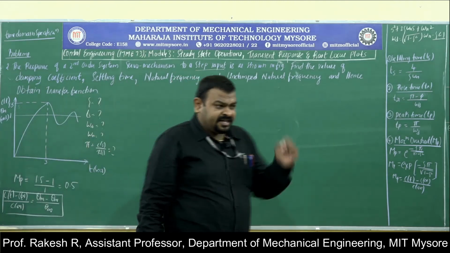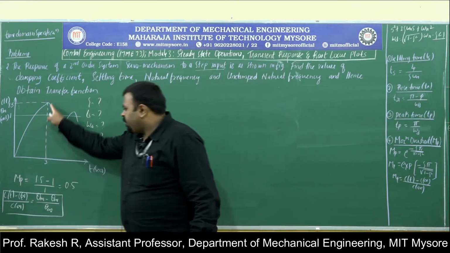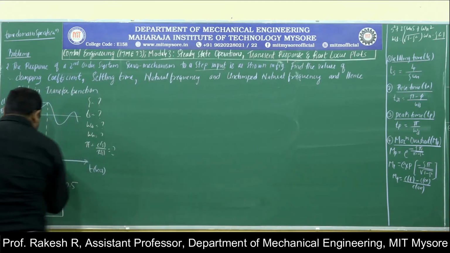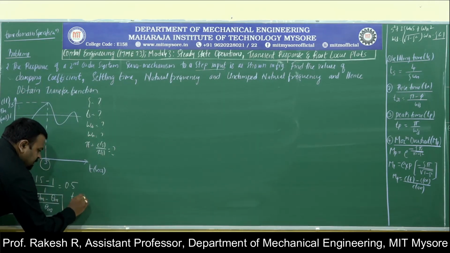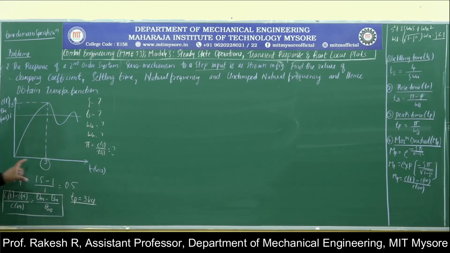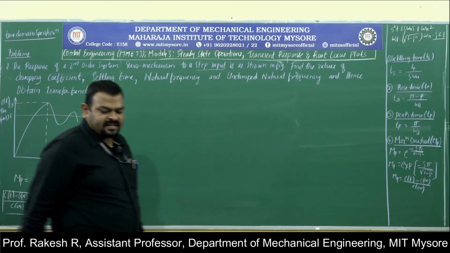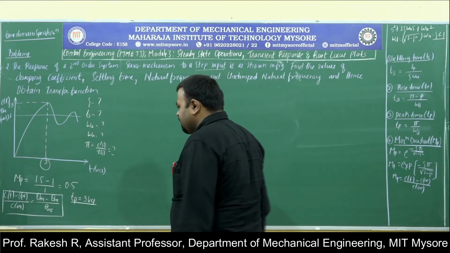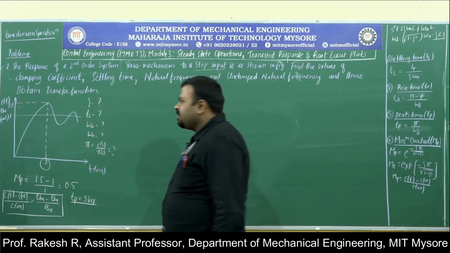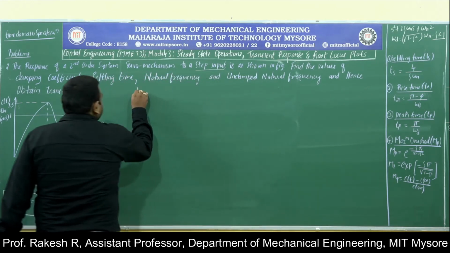And also the time corresponding to maximum overshoot is given. The value of Tp is given as 3 seconds. So these two are the manipulated data they have given. You have to extract based on definition. Let us calculate what is zeta using Mp.